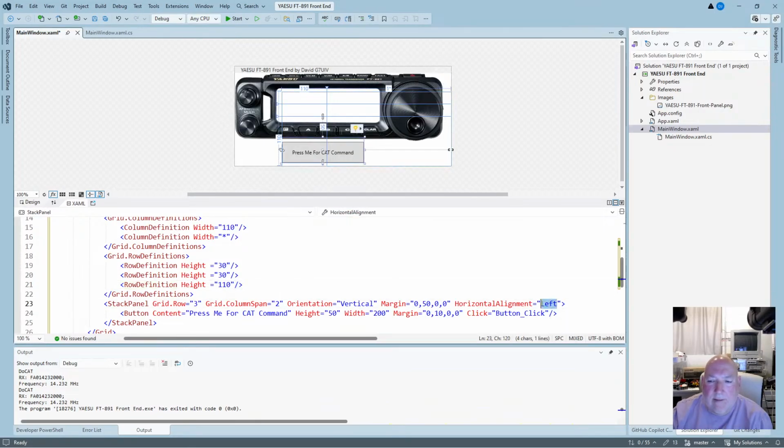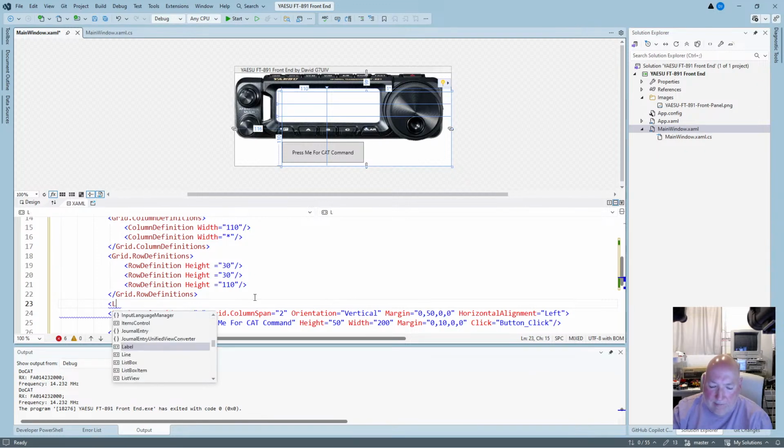Oh, let's do center then. That's not center. Oh right, because it's in the... Yeah, we started it off. Yeah, it's just the way we've done it. Making it a background. We don't want this as a background image. It doesn't like it. Anyway, I just want to put a label up there. So let's put a label in there. Content is